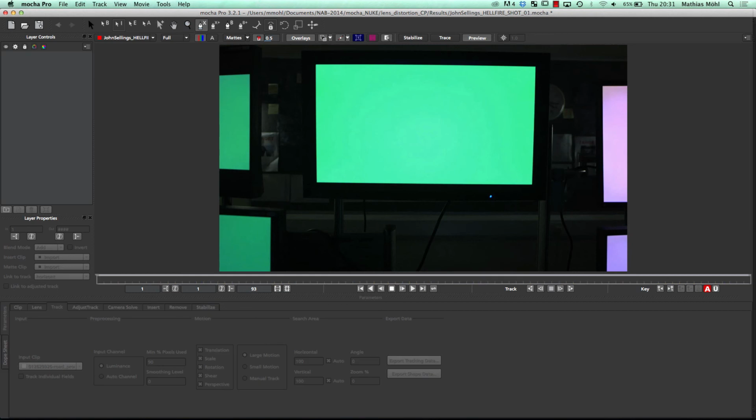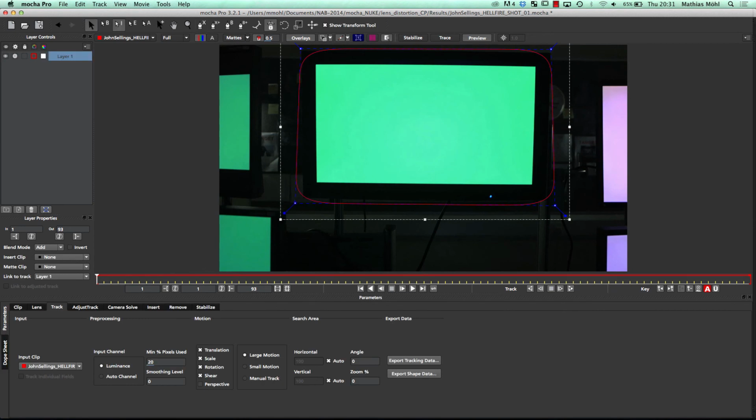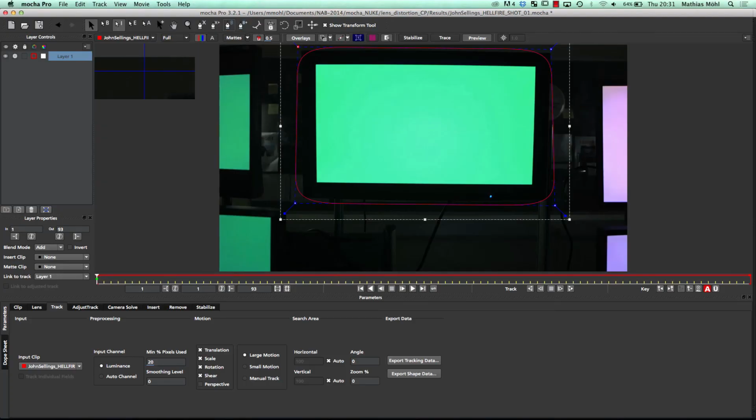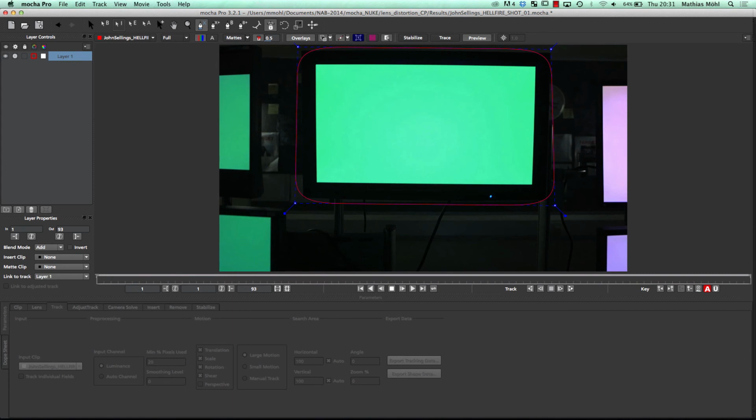So, by the way, this is an example where you might think, wow, this is pretty tough to track because there are no features at all, and no points, everything black, and then this green thing here, no tracking markers, nothing. If you track phones or mobile phones like this, you don't need any tracking markers if you want to do it with Mocha. So better don't use the tracking markers, because then you have nice reflections on your surfaces that you can reuse. What you do instead is you say, I just want to track this edge around it and not this entire surface. You do this by adding a second mask